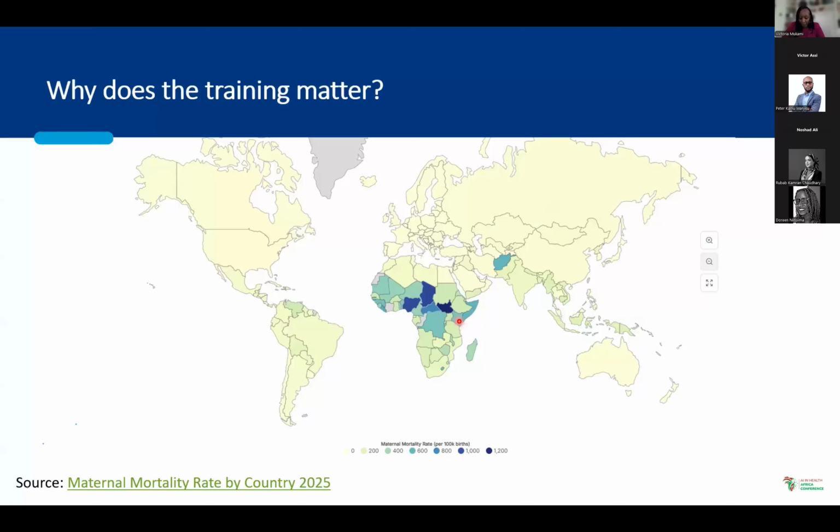1,223 per 100,000 women. 100,000 might be a bit hard to conceptualize, but basically for every 100 women, one or more women die from pregnancy-related complications. Now, Nigeria is also a bit high, at 1047, a bit lower than South Sudan. So for every 100 women, one person is passing from